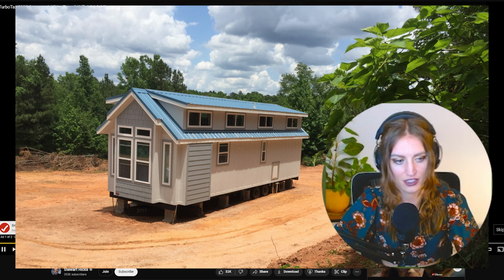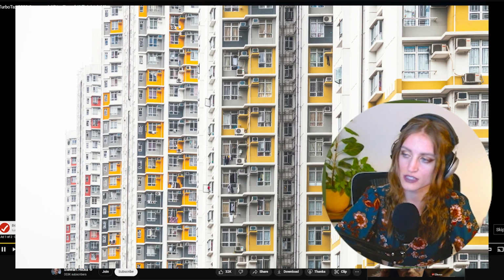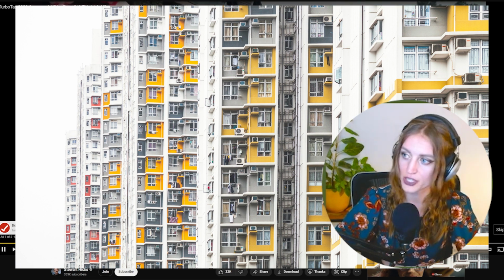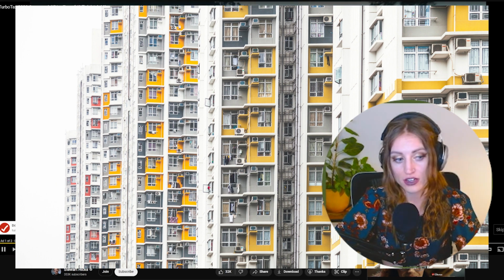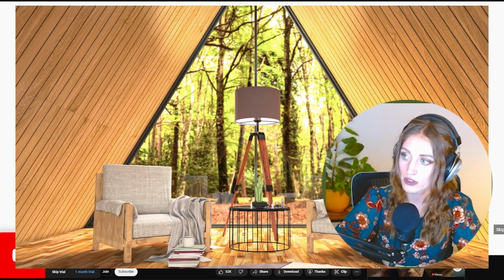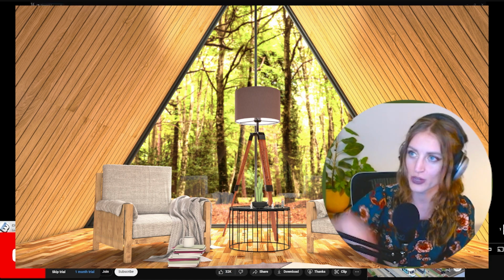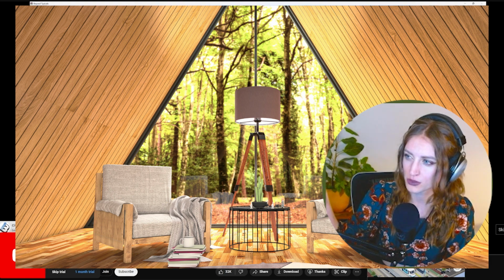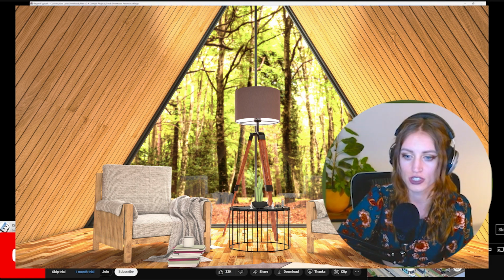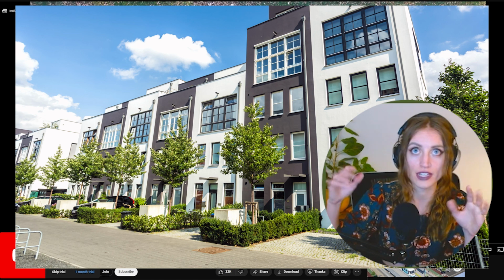I'm curious if there's any commentary on the internet somewhere about the contrast between tiny houses that are standalone houses and small spaces that are high-density urbanized spaces. I'd be curious to know if there are any sociological perspectives on why one might feel better than the other. For example, maybe it's the proximity to a bunch of people, like tiny houses are typically more in nature. Maybe it's also the type of person gravitating to one or the other of those lifestyles, whereas a tiny house owner would be more partial to living rurally and alternative ways of living, whereas someone living in the city and not as aware of alternative ways of living